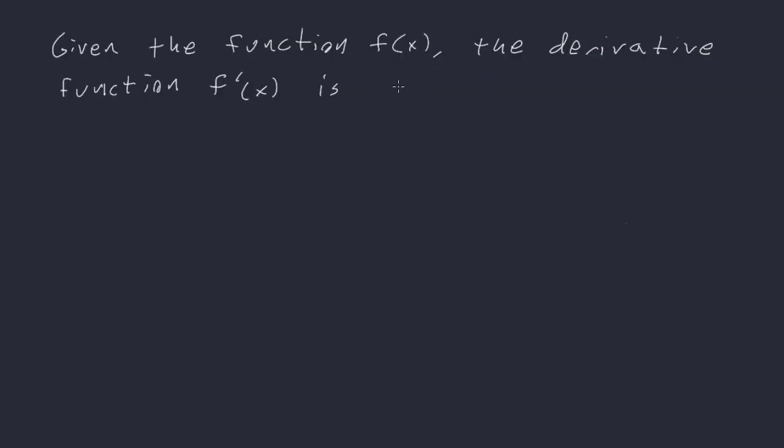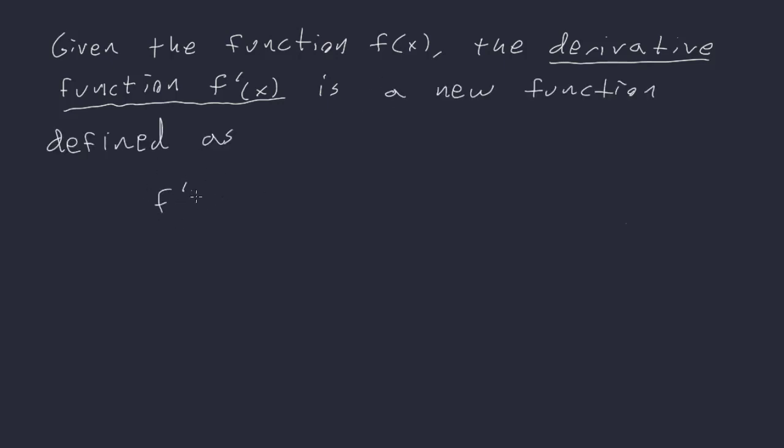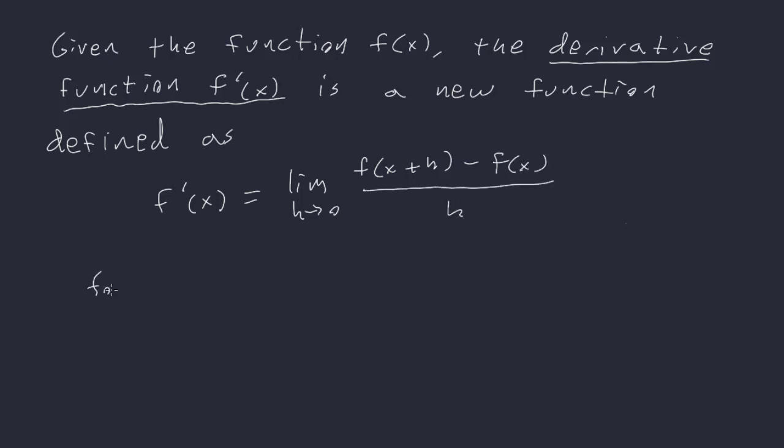Alright, so given the function f of x, the derivative function, which we will often call f prime of x, sometimes we will call it d by dx of f of x, but for simplicity's sake, we often just use f prime of x. Okay, and this is basically just a new function, right? Defined as, well, it's really just our limit as h goes to 0 of f of x plus h minus f of x all over h, and this is for all x